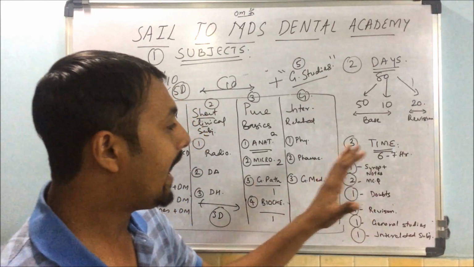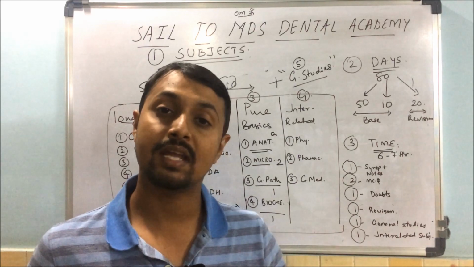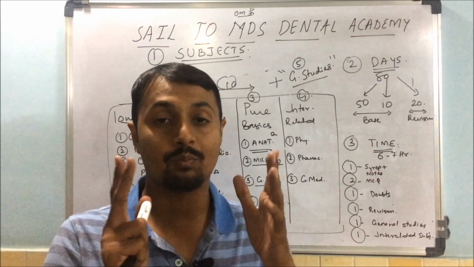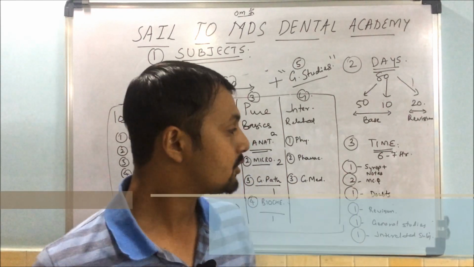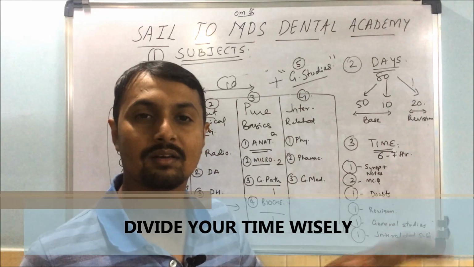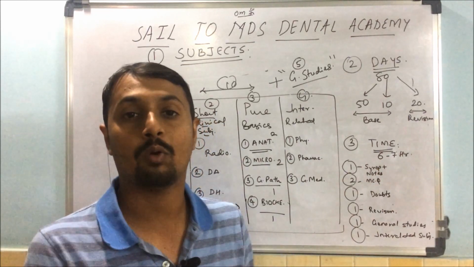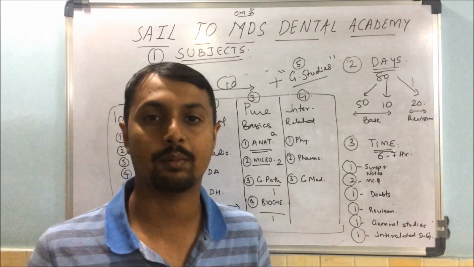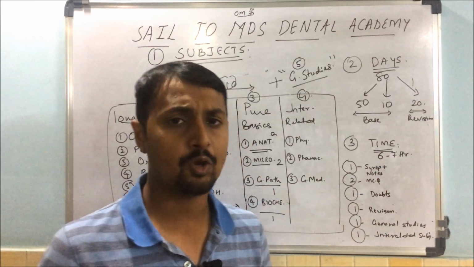Okay, so every day at least you have to study 6 to 7 hours. I tell my NEET and AIM students to study for 12 to 14 hours. They have ample time, but most of you are practitioners. You are doing practice for 3, 5, 10 years. So you can take out at least 6 to 7 hours in a day, in your afternoon time, in your morning time, or in your late evening time when the patient flow is a little bit less. So 6 to 7 hours in a day you have to study.